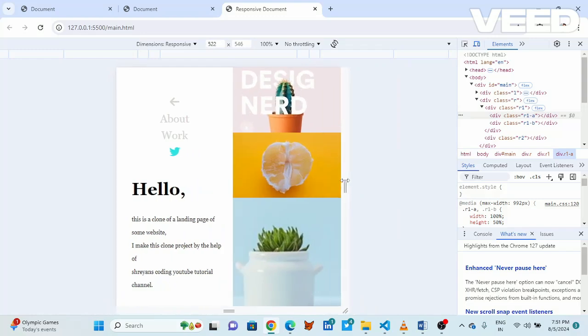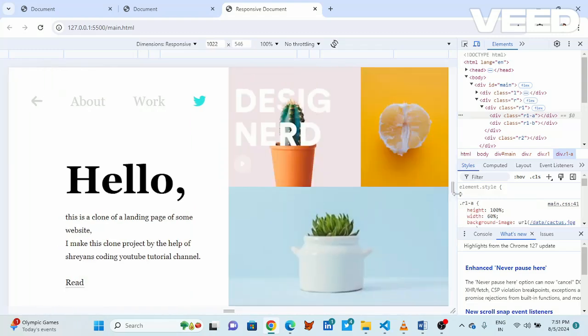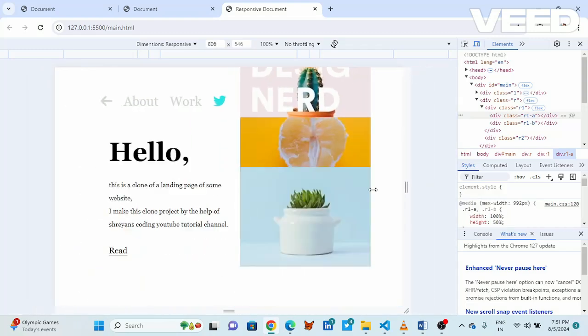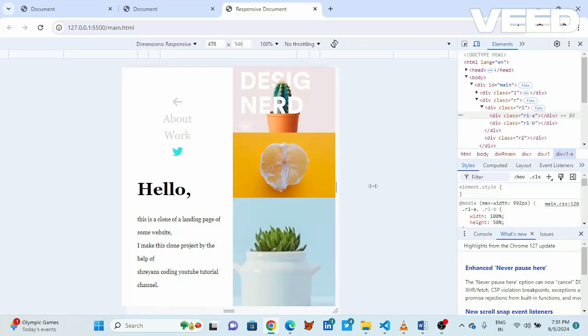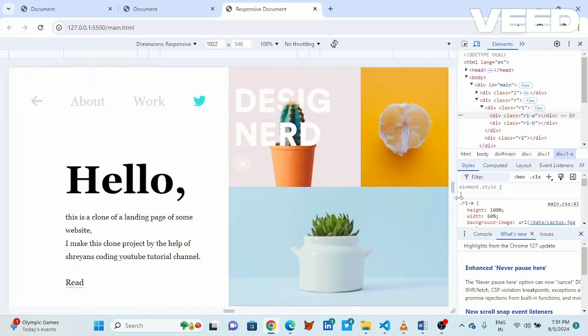So when the content of the web page sets itself up automatically on decreasing the screen size, it is called a responsive design. For making this responsive, I used CSS media queries. I used that on screens smaller than 1200 pixels. It's already 1200 pixels, it's less than 1200 pixels. Okay, so the left and right sections adjust to 50%.